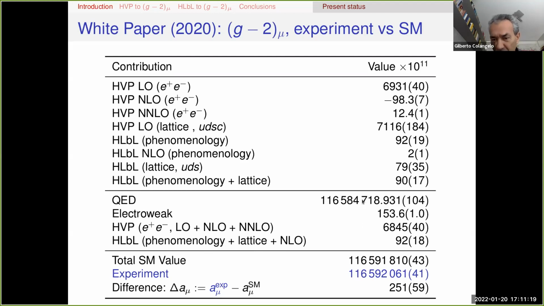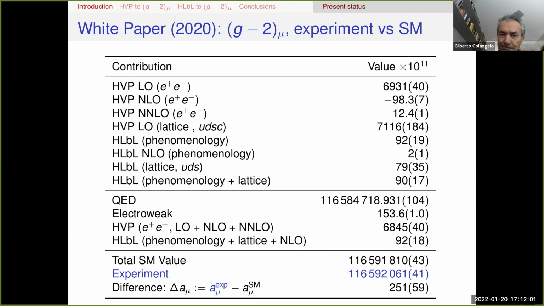And you see that by far the largest contribution is QED. The second largest contribution is hadronic vacuum polarization, and then of about the same size, electroweak and light by light. But if you look at the uncertainties, and don't get confused by these 3 digits given here, they all come after the comma. So that's a completely negligible uncertainty. The 2 main sources of uncertainties are hadronic ones, and hadronic vacuum polarization is at the moment the largest. And in the upper part of the table, you can now see the breakdown of these 2 hadronic contributions